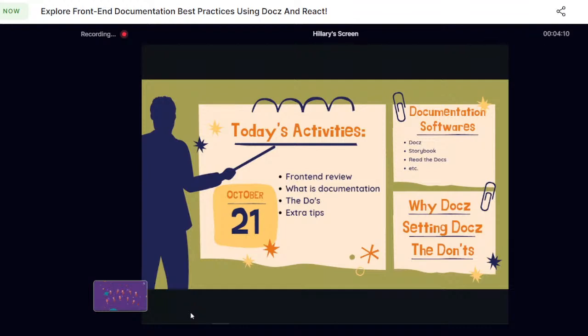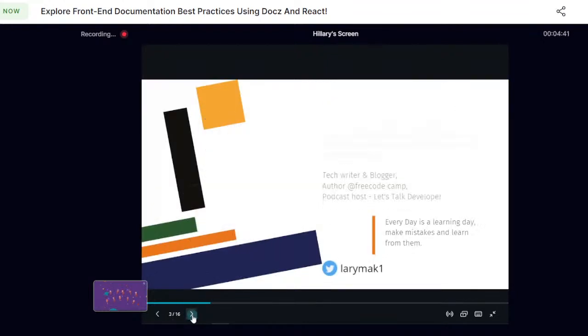And we'll also take a look at some documentation software we have in the market today. Our main focus today will be specifically on Doxy, because that's the one we'll be talking more about. We'll see the main reasons why you should prefer Doxy over the other software we have. We'll also walk through the setup of Doxy, and finally, we'll end the session with the don'ts that you should avoid while writing documentation. So let's get started by first trying to understand